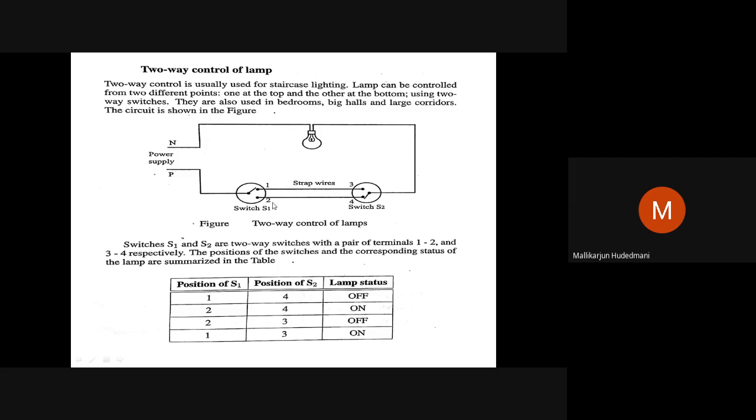On. Whenever it is a crisscross like shown in the diagram, switch 1 is up, switch 2 is down. You will see a mismatch. The track is mismatched. There is no continuity of power supply to the bulb. So this is called the off state of the bulb. You can see 1, 4. The other way also, 2, 3. This 2 is downward, this is upward. You can see 2, 3 off. The circuit will not make any close contact.